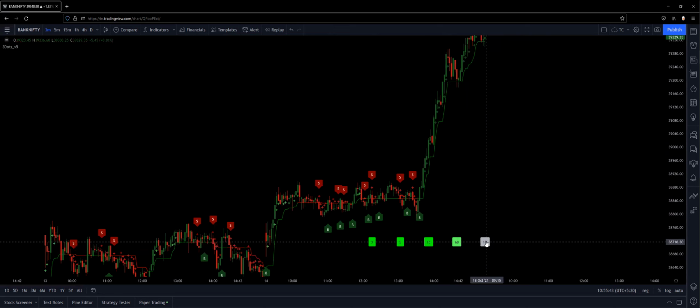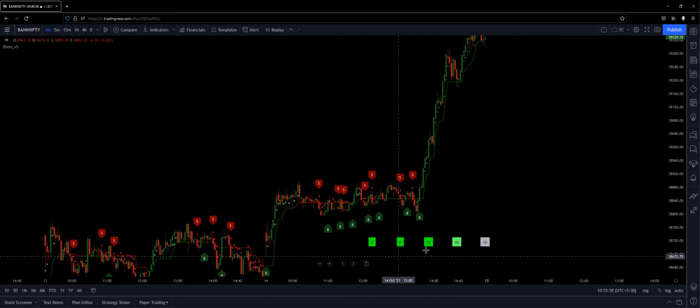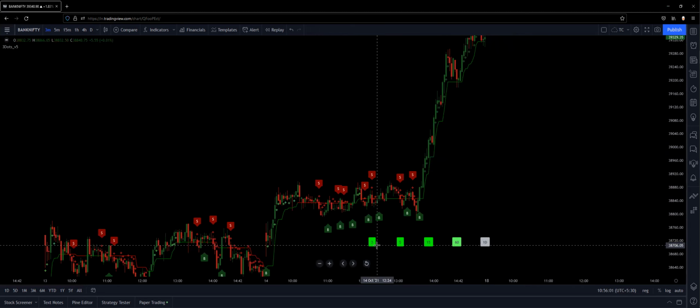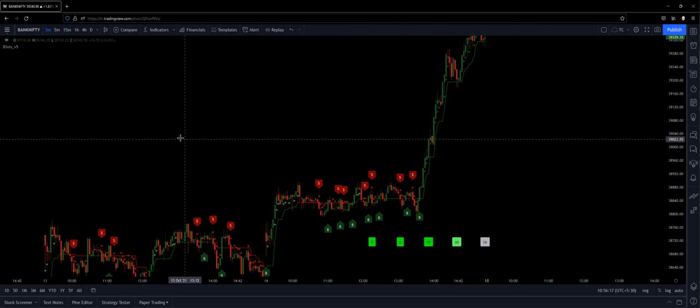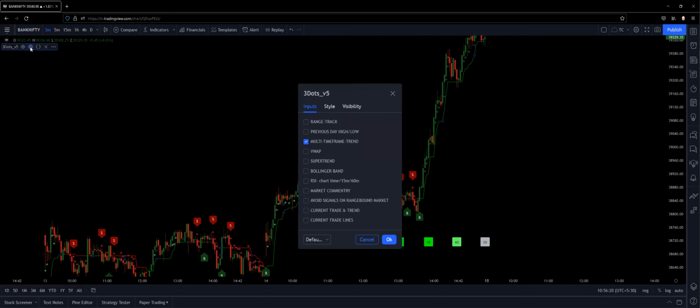If you see a silver or white color, it indicates that on the 1 day time frame it is still not trending, but on all other time frames it is trending very well on the upper side. So basically, if you're an intraday trader and you see all these things in line, you should be going on the buy side only. This will help you to be on the right side of the trend rather than going into the opposite trend, right? That is the multi time frame trend for you.